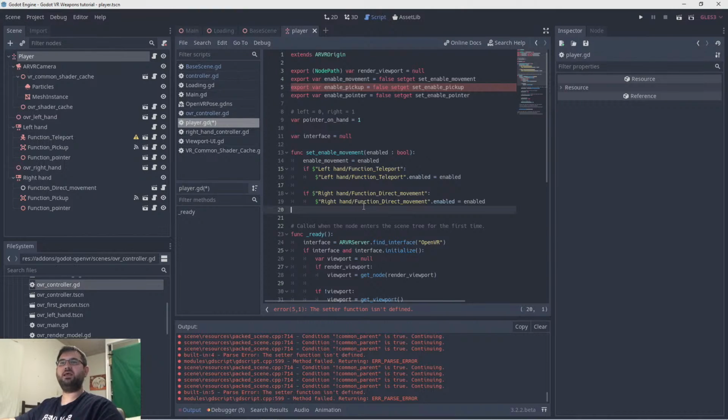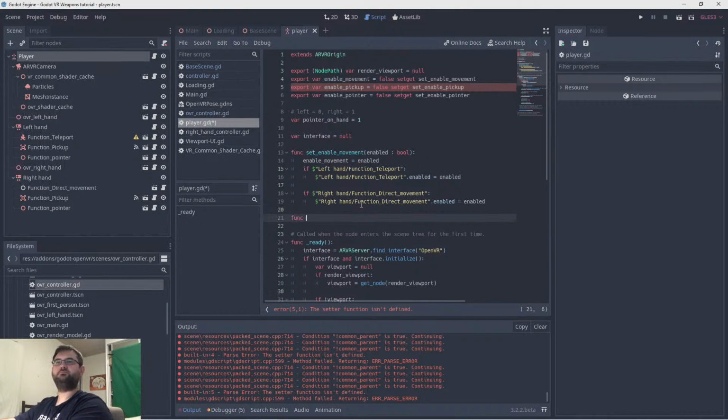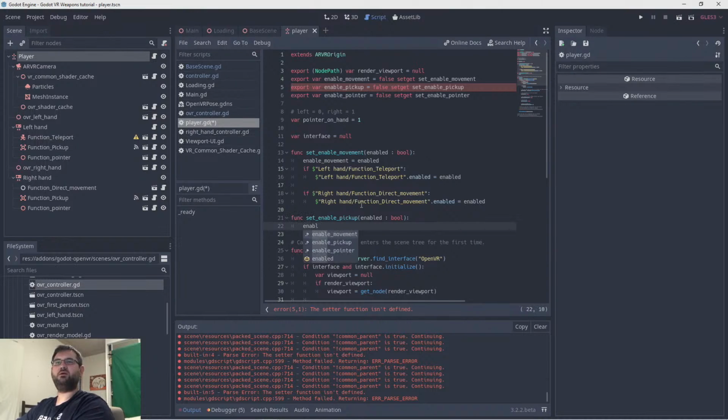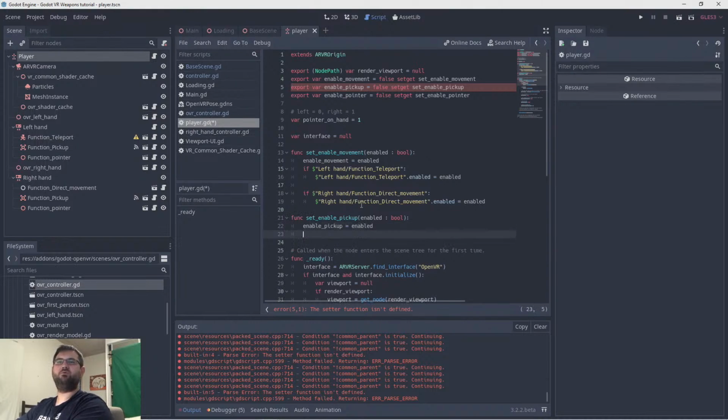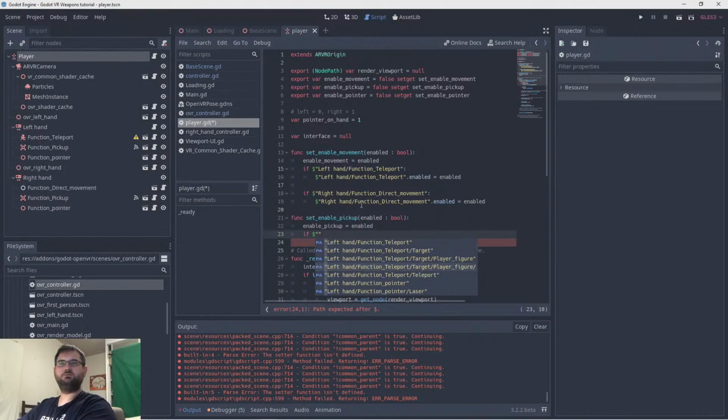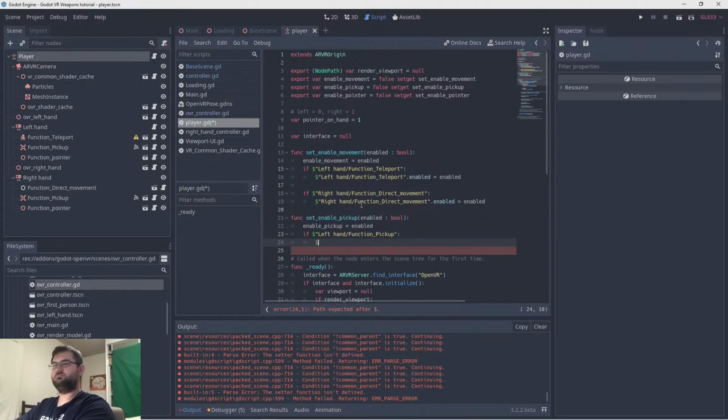So let's do pickup next. Set enable pickup enables bool, and we're going to do exactly the same thing. We're going to set our enable pickup to enable so that we remember what our setting is. And then we check on our left hand: do we have our pickup function? And if we do,